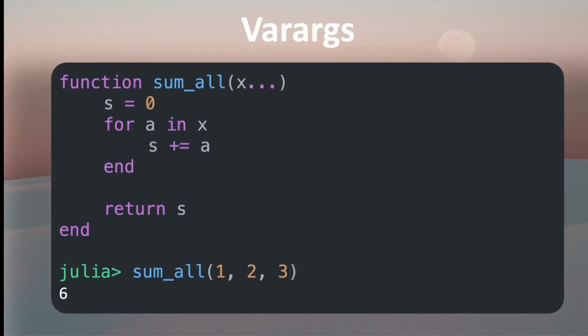And these functions are called vararg functions because they allow for a variable number of arguments to be passed in. Writing a vararg function is very simple. You just have to add an ellipsis after the argument name. The ellipsis is the three dots after the x in this example function. And thanks to the ellipsis, we can pass any number of arguments to sum all. So in our example here, we provide three numbers, 1, 2, and 3, and the function iterates over all numbers